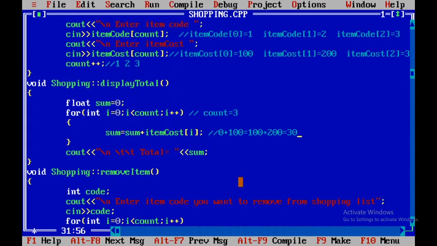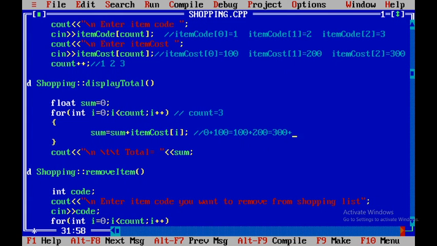The summation is 300. Next, when the value of i is 2, it will take 300 plus atom cost of 2, and atom cost of 2 is 300. So we are adding here and the total is 600. So we were getting 600.